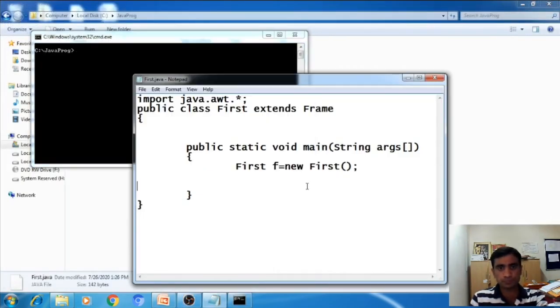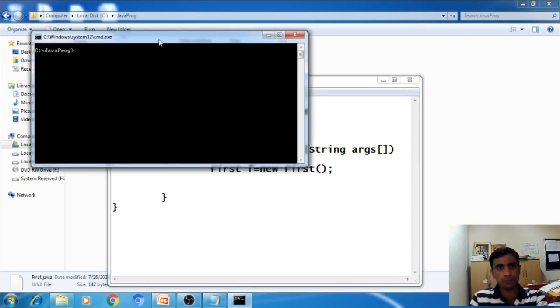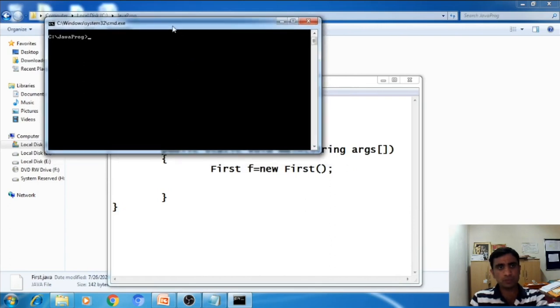Now here, this is a program. Now in this program, what we have made here, first f = new first(). Okay, so save this file by using Ctrl S and go to your command prompt and check whether there is any error or not by using javac, that is a compilation. javac, name of file is first.java, enter, no error. Okay, and then java, that is execution, java first and enter. Okay, now it has not shown any output.